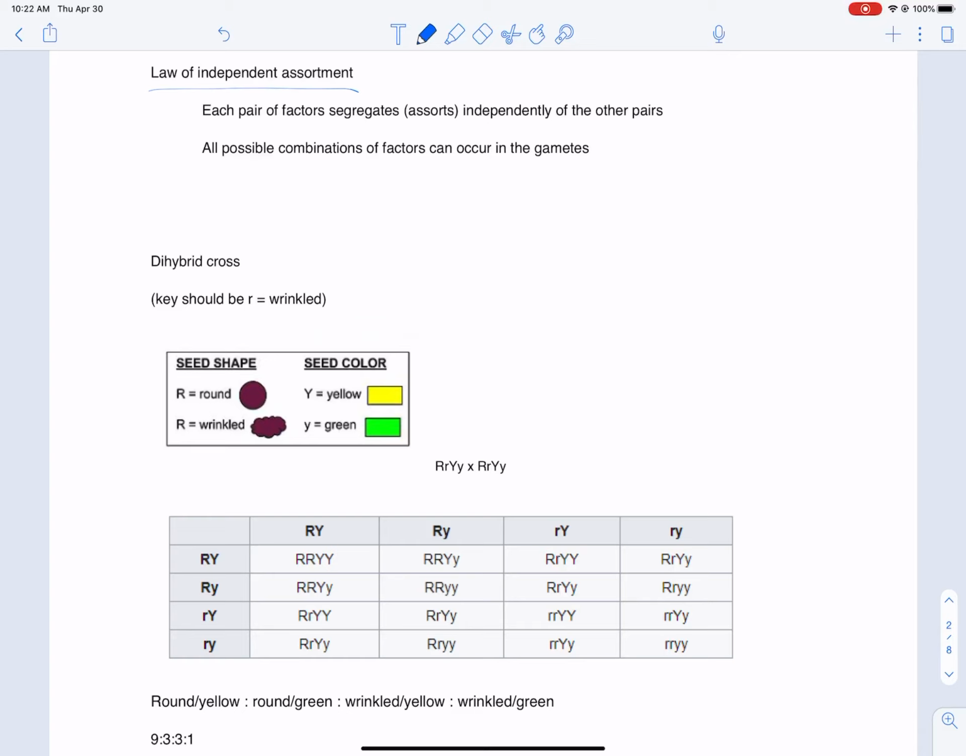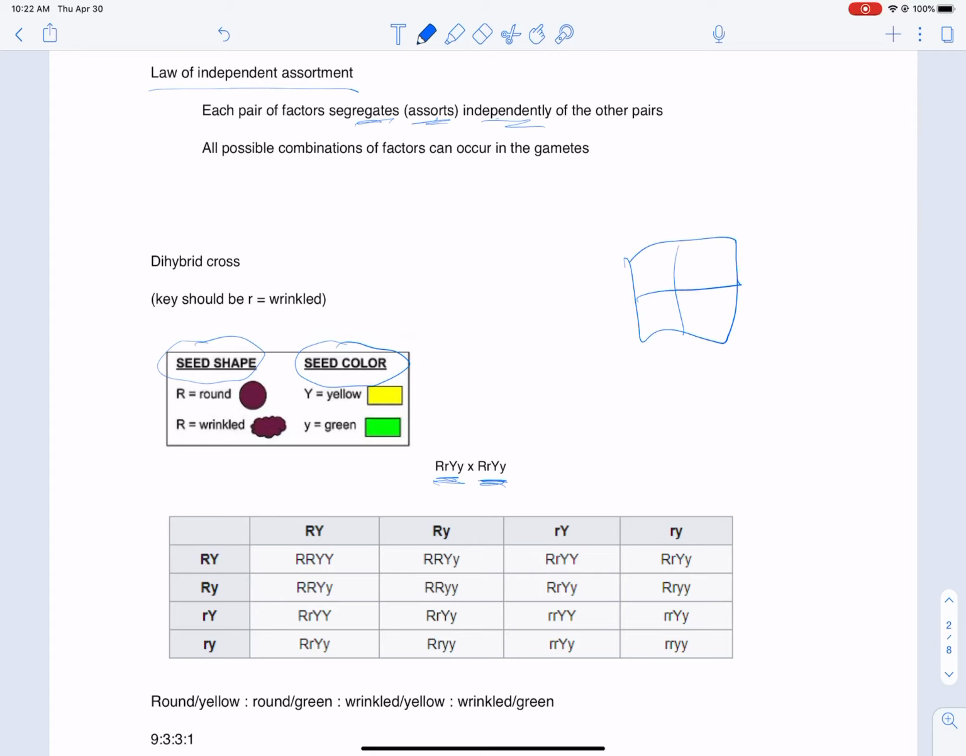Each pair of factors segregates or assorts itself independently. So as long as they're on separate chromosomes, which the example here they gave, taking a look at seed shape as one type of genetic trait and seed color. So taking a look at both of those at the same time. So if you take a look at a heterozygous for both traits, and in this case, crossing it with another heterozygous for both traits. When you do a dihybrid cross, monohybrid is,